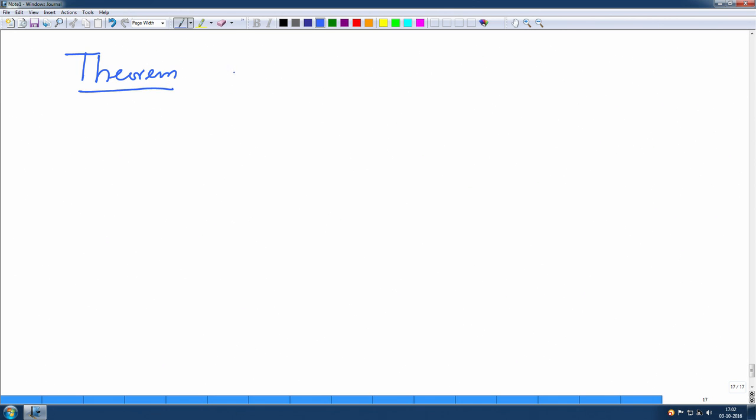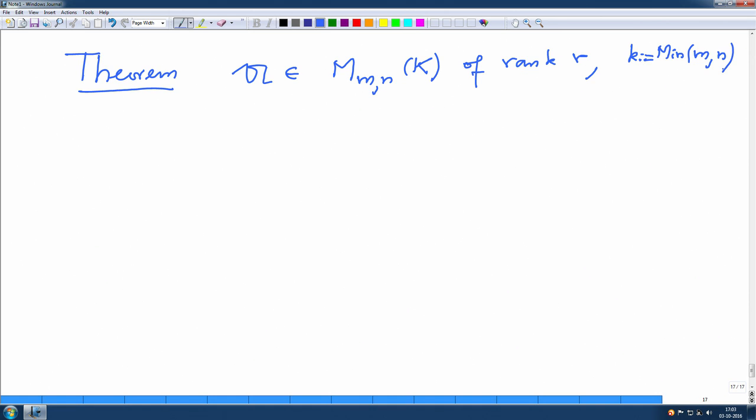A is a matrix in M m n K of rank r. And let us put the minimum of m and n equal to k. Then